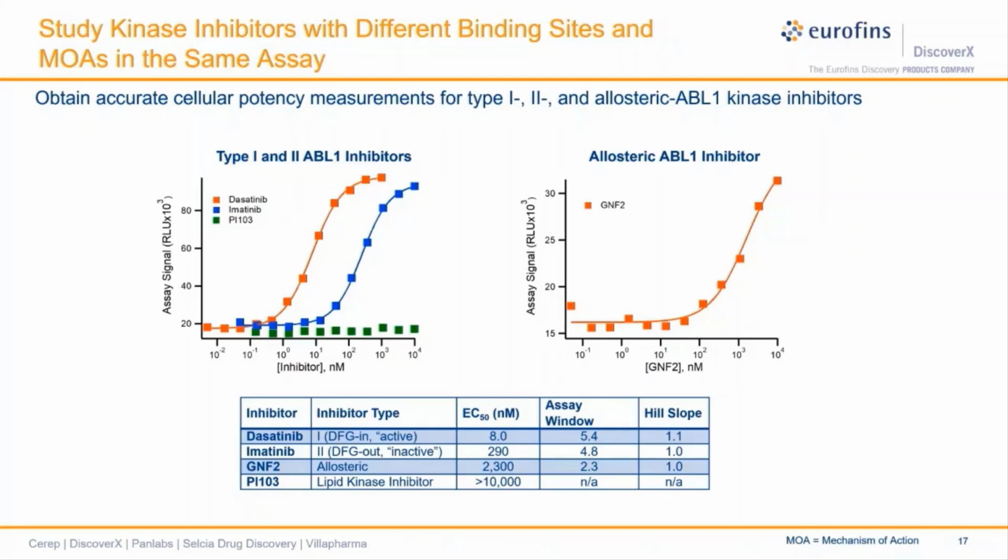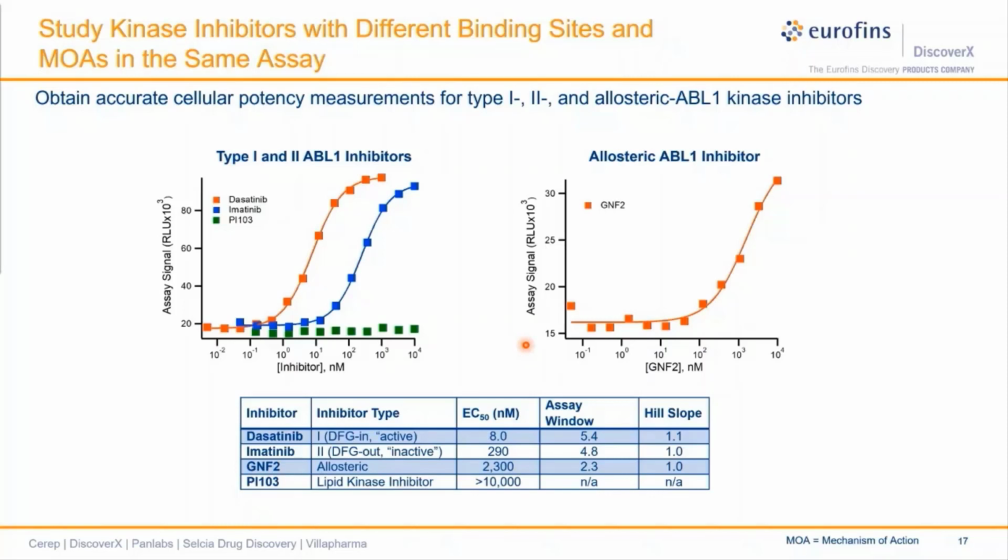Here is another related example. ABL1 kinase inhibitors with 3 different mechanisms of action can be studied in the ABL1 InCELL Pulse assay. The graph on the left shows dose-response curves for dasatinib and imatinib, two active site binding inhibitors, which bind, however, to different conformations of the active site, called DFG in and DFG out, respectively. The graph on the right shows a dose curve for an allosteric site inhibitor, GNF2, in the ABL1